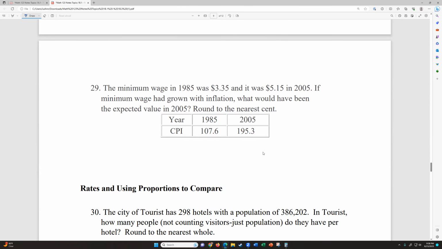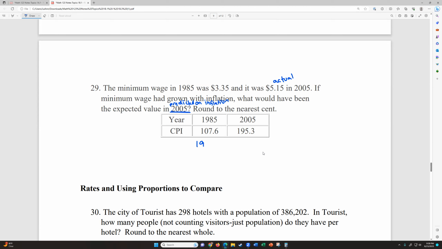It says the minimum wage in 1985 was $3.35 and it was $5.15 in 2005. If the minimum wage had grown with inflation, what would have been the expected value in 2005? Notice they actually gave us both dollar amounts, but this is the actual 2005 value. We want the predicted value based on the inflation. Even though we know the actual value of what people were getting paid in 2005, we want to say, hey, if they had gotten truly the value of inflation for all the things that have gone up in price, what should their